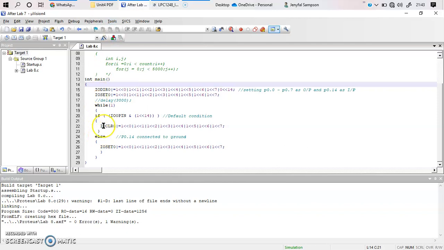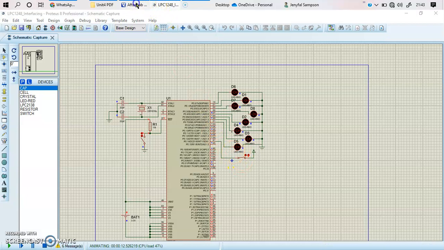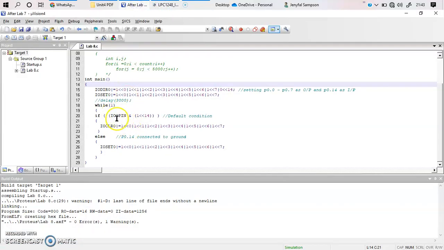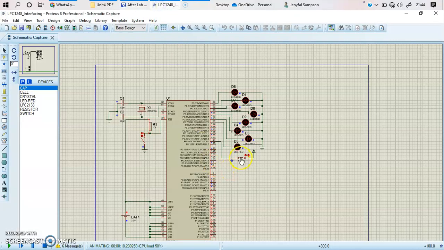And similarly, when I do the other way around, when I give a value 0 to my switch, which means if I turn off this switch, you know what is going to happen? This value is going to be 0, and this value for pin number 14 is set to 1. So pin number 14 over here has a value 0 in my register, and pin number 14 here is set to 1, both added together. So 0 and 1, my output is 0. 0 means the false part of my if is going to be executed, which means it is going to turn on all my LEDs. So I'm going to set all my LEDs over here. So if I turn off this particular switch, you can see that all the LEDs are turned on over here. So this is just the opposite of what happened before.